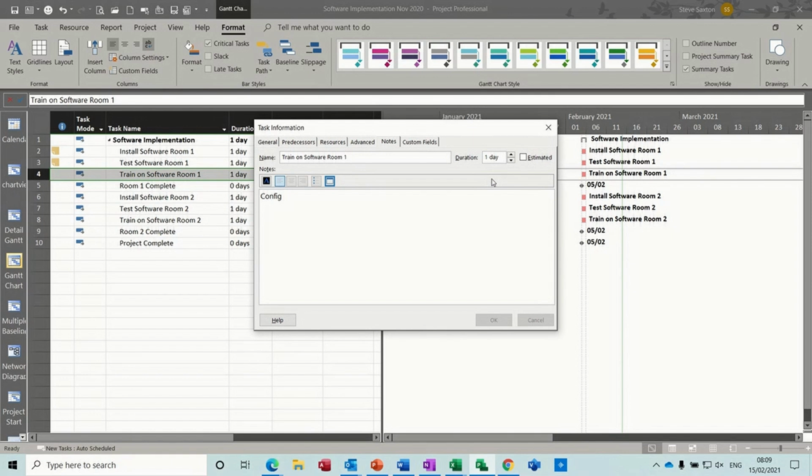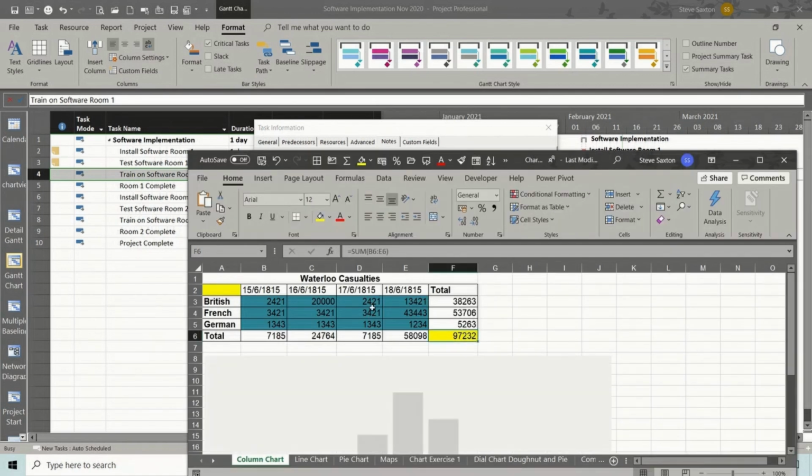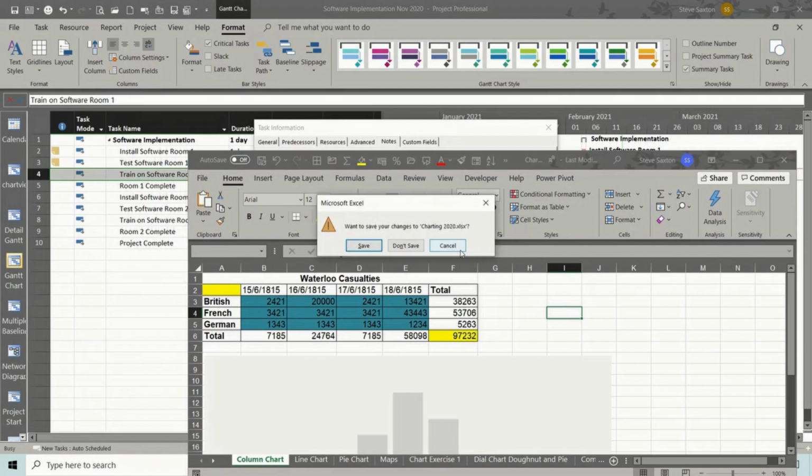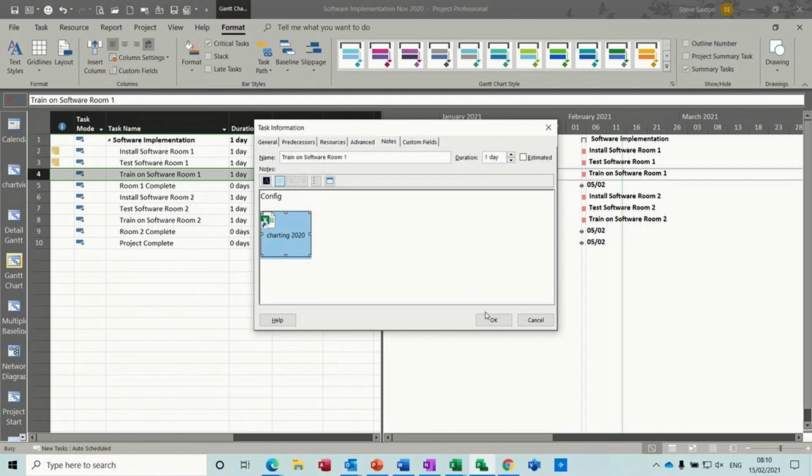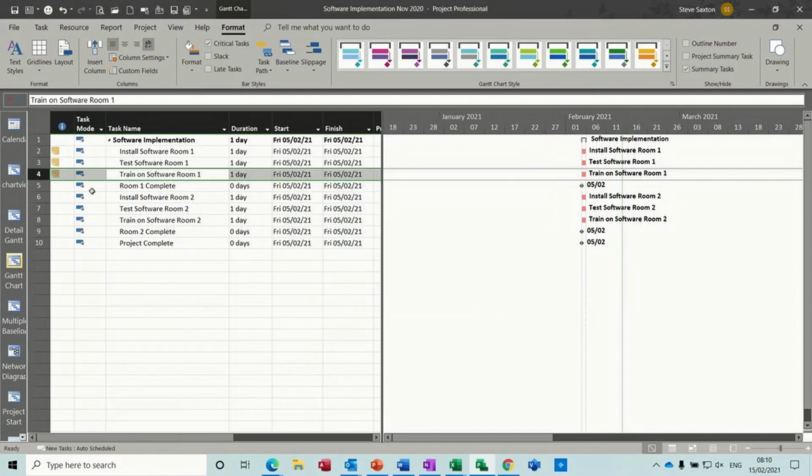Click OK, and there it is. And if I open that by double clicking it, there is the Excel file, and I can edit that as normal, and everybody that's got access to this file would see the changes I made. Just close that one down. Click OK to that, and then you get a symbol which now says config, configuration file, or